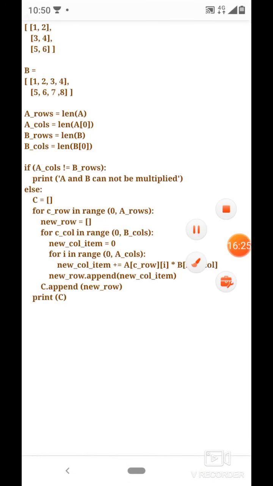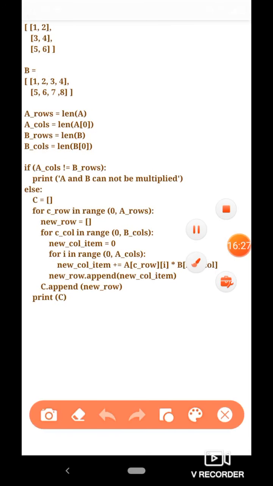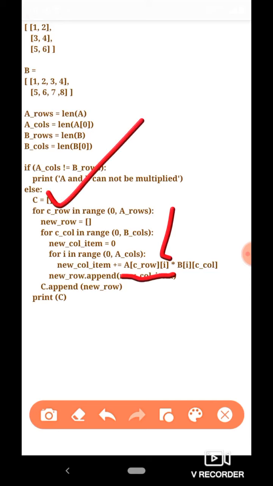Okay, what we do is find the individual items at index I from row A. Now, which row are we talking about? The same row, C row, which is being computed. The row with the same index from matrix A is to be used.